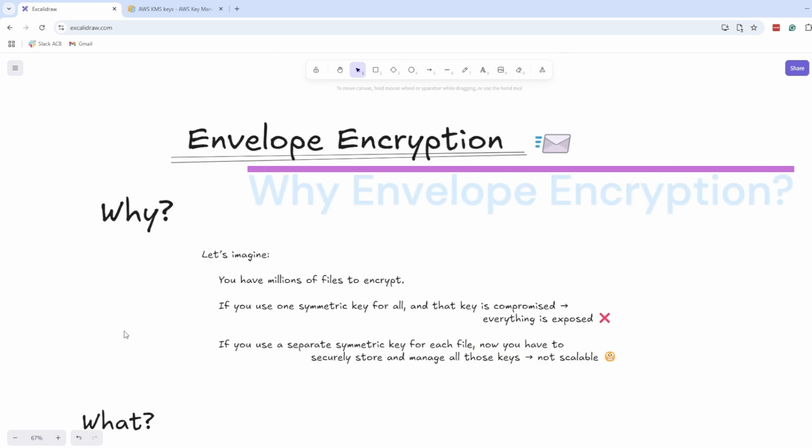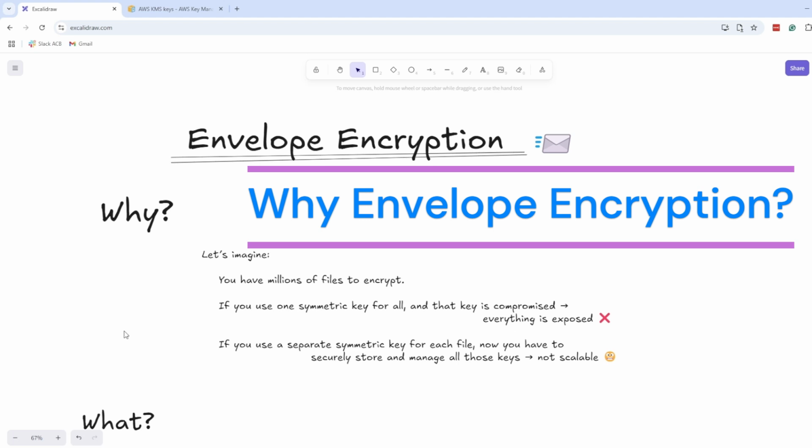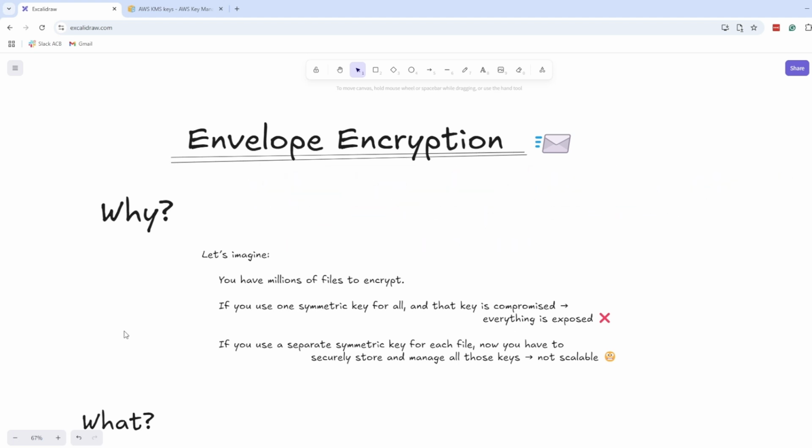For customer managed symmetric keys, KMS uses envelope encryption, but let's understand what is the need of envelope encryption here. So imagine you have million of files or objects to encrypt, and you have symmetric key, means you will use same key to encrypt and decrypt both. Now if you encrypt all objects using same key, and somehow key got compromised, then all your objects are compromised, because same key can be used for decrypting all